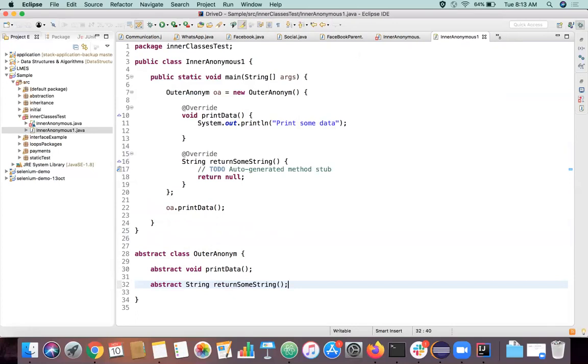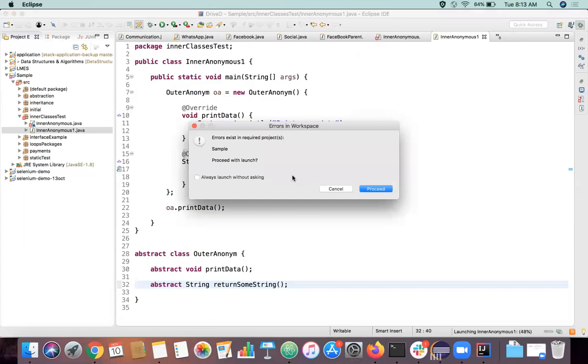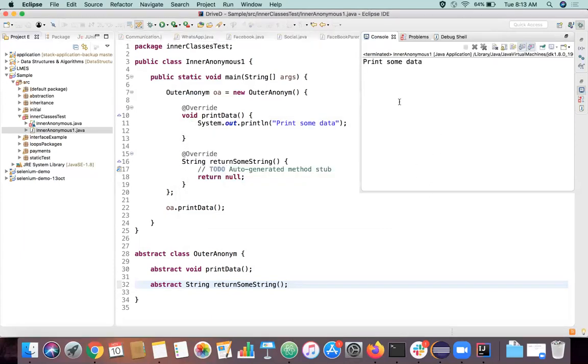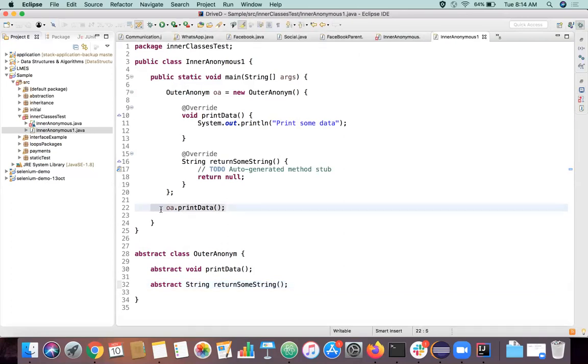In this way also we'll be able to create an object for the abstract class, override the methods and do something directly like this. That is also possible. If we try to run this, I call this method, and it is printed here because this method is called here, right?